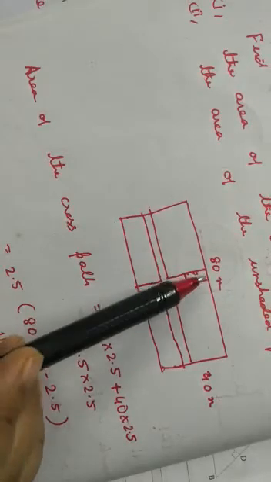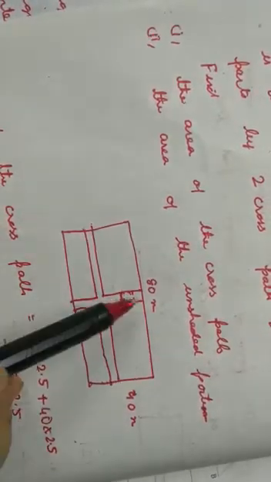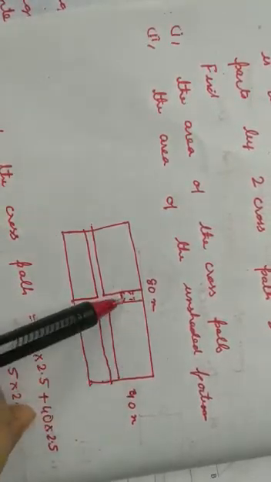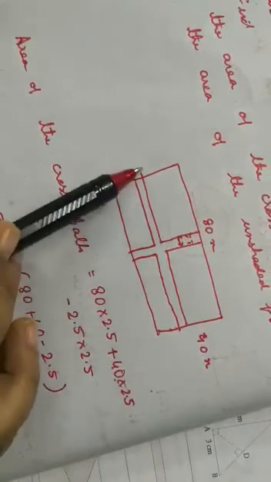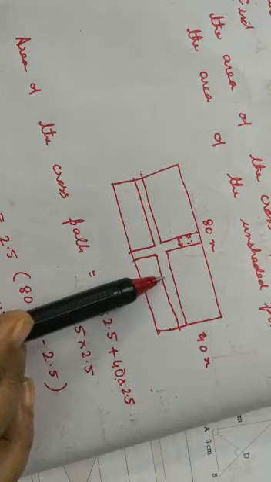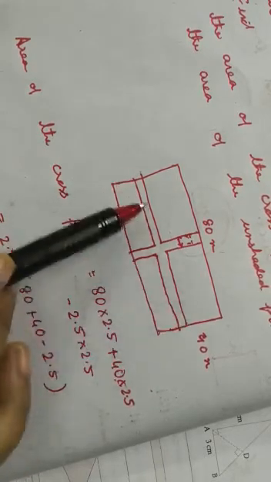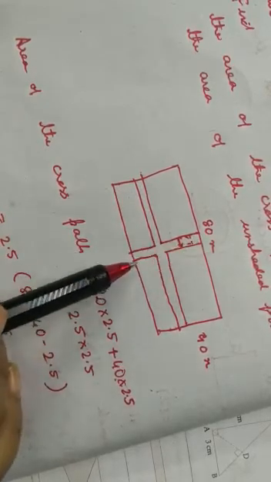So let us find out what should be the area of the cross path. The cross path should be like this. Look at this width, we know it's given as 2.5, isn't it? Cross path has a width of 2.5. This length is going to be 40, same as this one. So if I have to find out this, it is going to be 40 into 2.5. If I have to find out this one, the width is again 2.5, but this length from here to here is 80. So it's actually 80 into 2.5 plus 40 into 2.5.